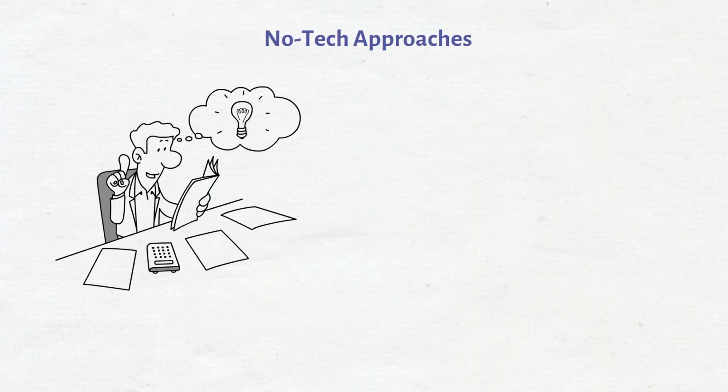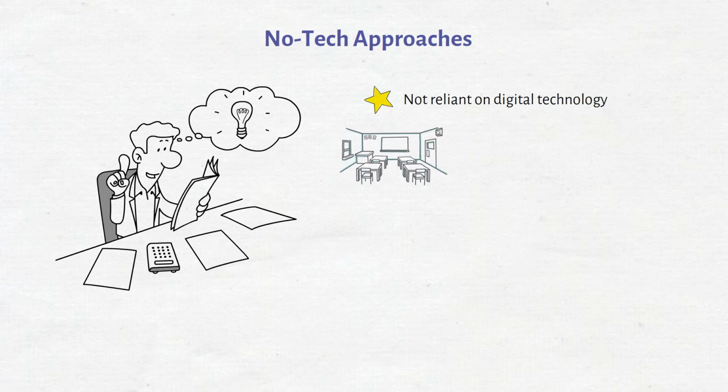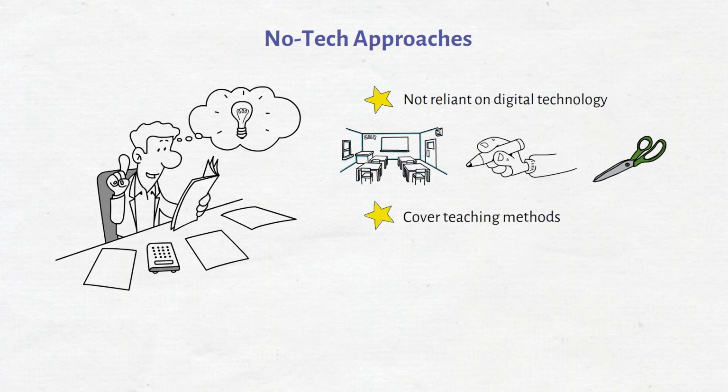For example, no-tech approaches are not reliant on digital technology. Some examples of no-tech assistive technology approaches include physical changes to spaces, such as adding ramps to the classroom, providing pencil grips, or using special scissors. Assistive technologies are not limited to physical objects, but also cover teaching methods, like using graphic organizers or providing students